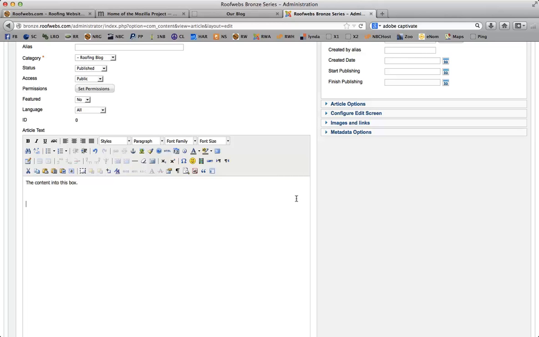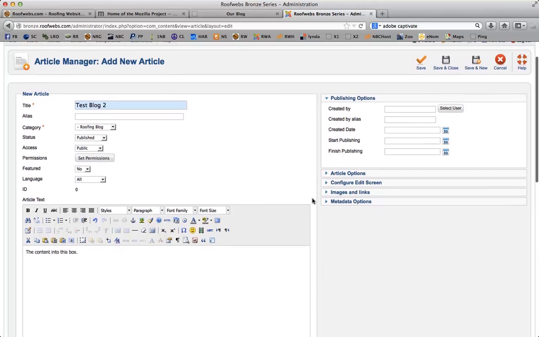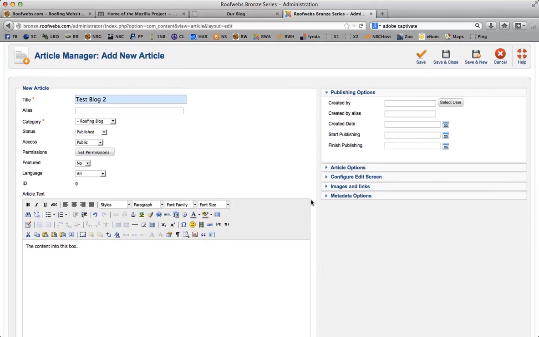I recommend, and if you've ever talked to me on the phone, I recommend that you do a blog post a week at a minimum. If you can do more than that, then do more. I don't recommend that you do more than one per day, although it's not going to hurt you. It's better to do one every day than to do 3 in a day and wait a month to do another one. They need to be spaced out so that the search engines are coming in,